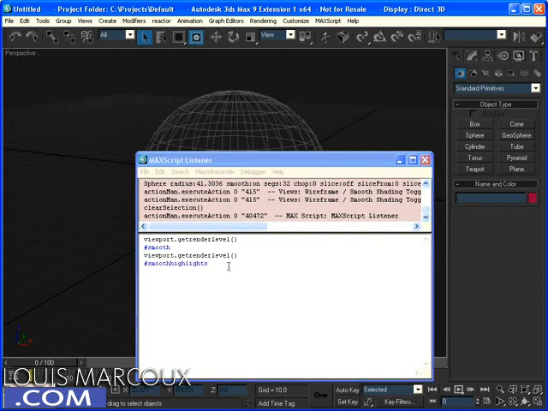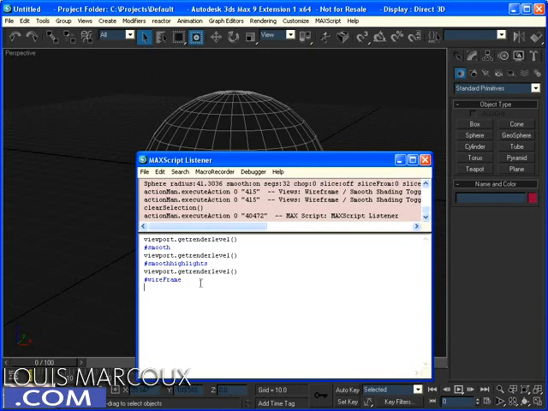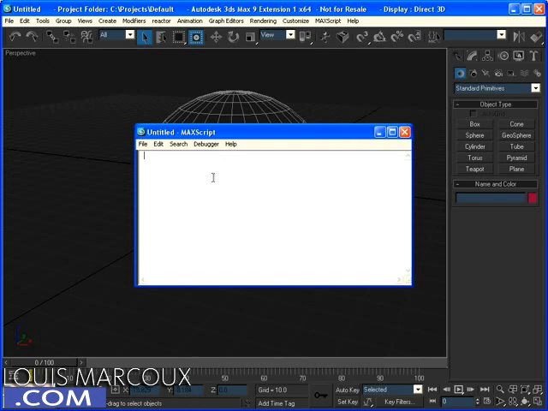That's good. If I go in wireframe mode, it's going to tell me wireframe, and now if I go into hidden line mode, it's going to give me that variable called hidden line, and I'm going to copy that for now. I'm going to close it down, go into MaxScript, create a new script, and I'm going to paste that here, hidden line, and I'm going to create a macro script